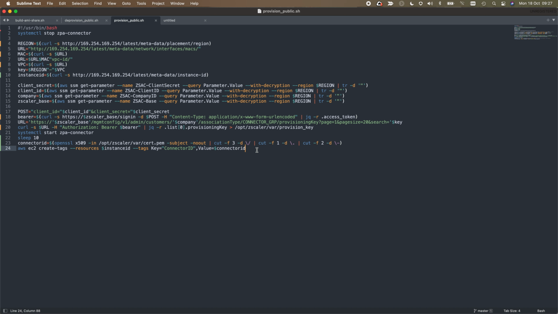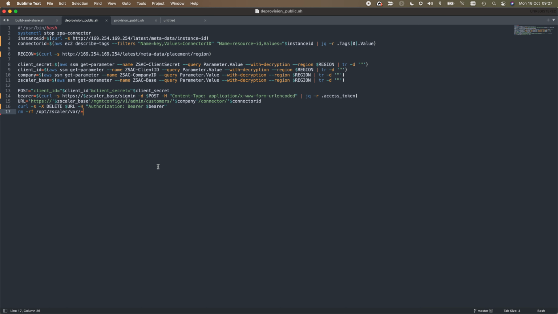So we've got all of that data available to us, and we should then have joined the cloud. Similarly, we've got a deprovision script if we want to go off and deprovision and reprovision, or you could run this as a lifecycle hook when the connector spins down. If we were to build this into an auto scale group or a launch instance config, we can do this